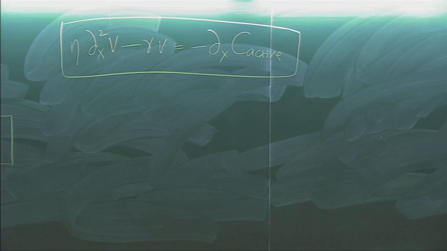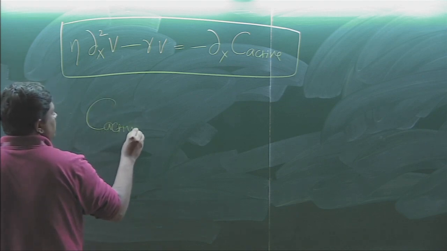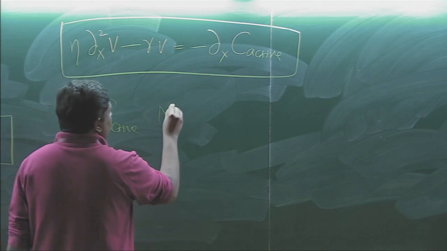Actomyosin meshwork. The lab frame or the surface of the cell or the cytoplasm, some lab frame. Make sense? Okay, so now the ingredient is, we said earlier, the active stresses are really functions of the myosin